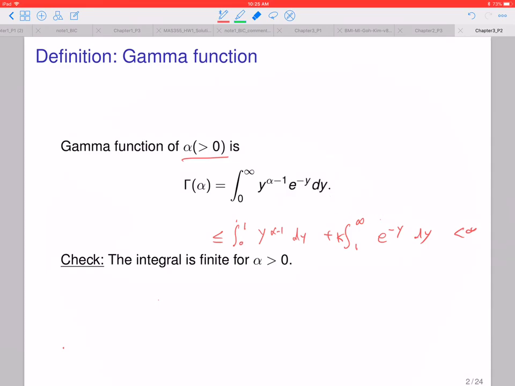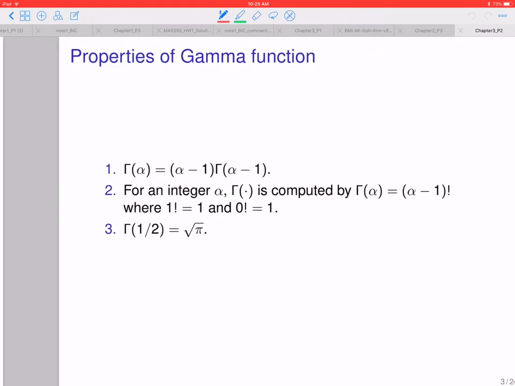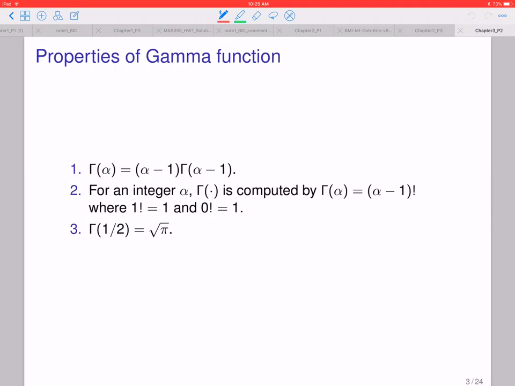The gamma function has these three properties. First, let me write it this way: the integral from 0 to infinity of y^(alpha minus 1) e^(minus y) dy. If you use integration by parts,